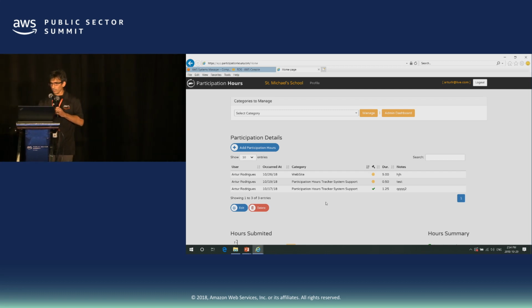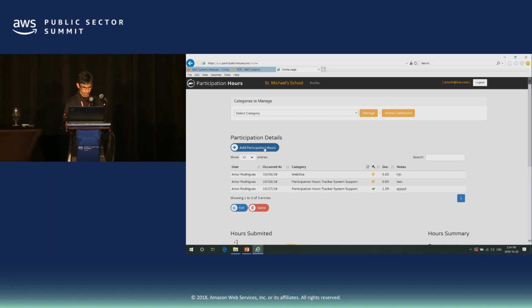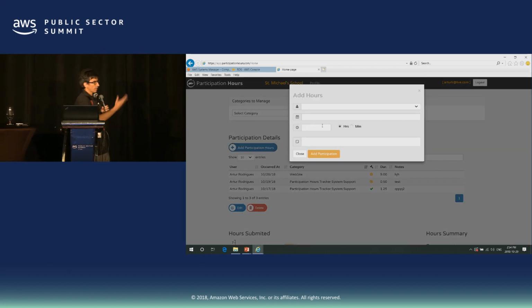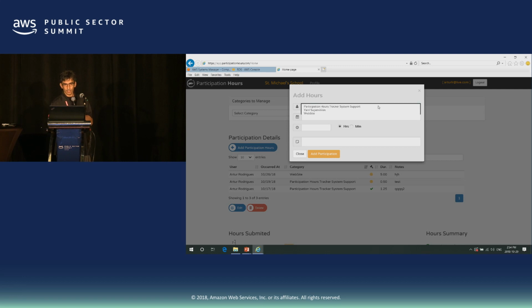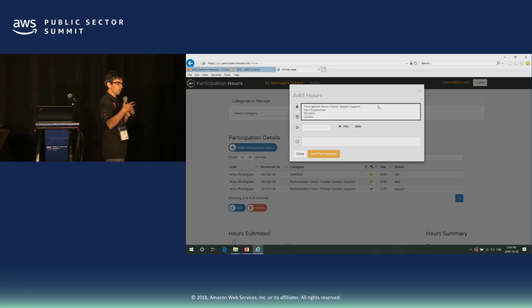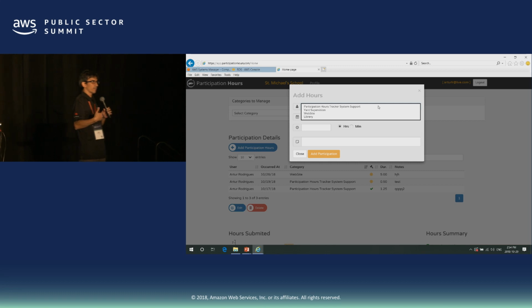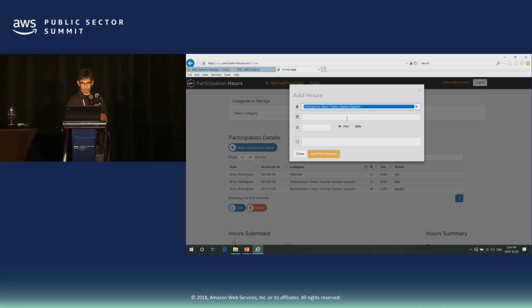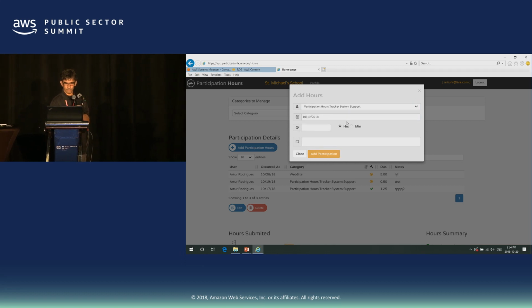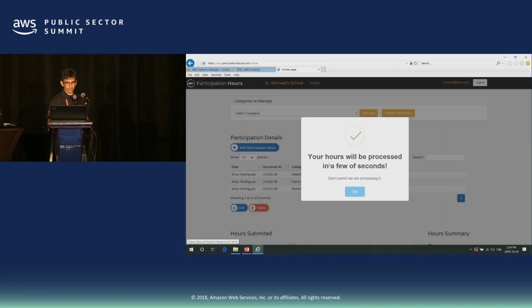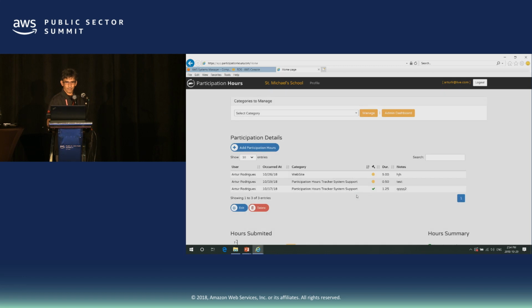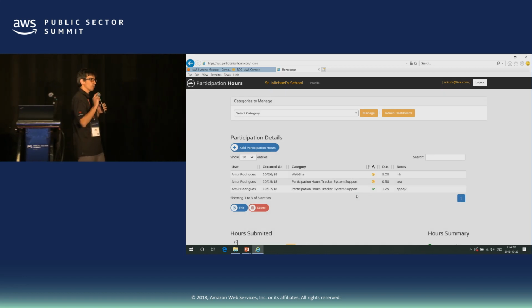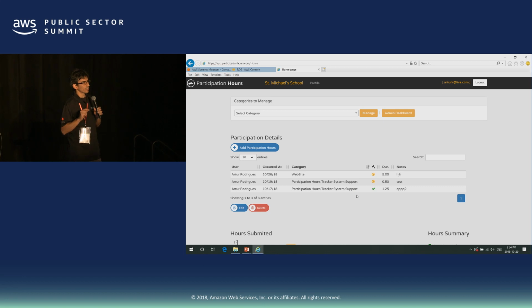And then it's a website. So if I go add participation hours, I have a pop-up that comes, and then this menu comes from my database, which I save everything in a session state. Okay, I'm gonna put some information here, and done. Right? And then I'm using all the cool services that AWS offers me.